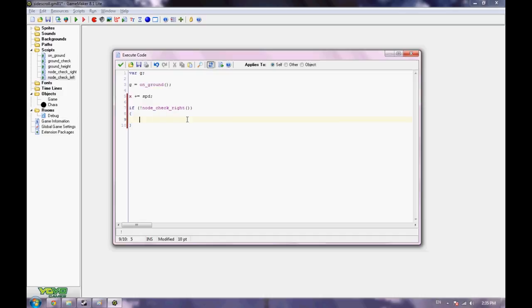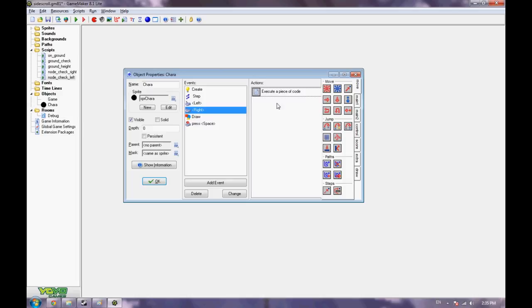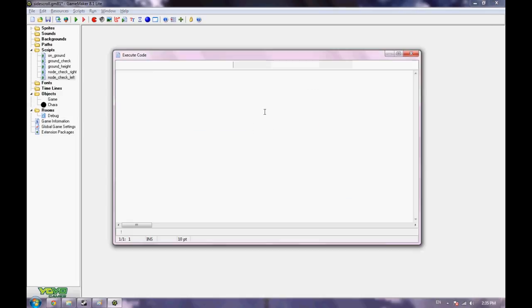So if you don't change nodes, if you're still on the same one and before you were on the ground, if not that and G, then Y equals ground height. Otherwise, it will not worry about it. And yeah, we'll worry about left in a little bit. Alright, let's hope this works. If on ground,